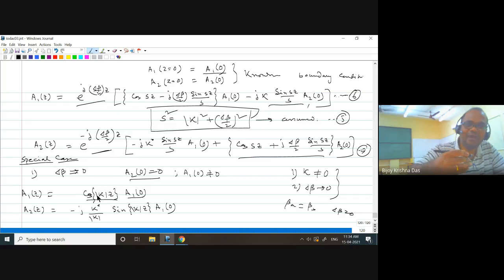Initially it was maximum, and slowly it will be going down to 0. That means power will be completely 0 at some point when kappa z equal to pi by 2. If kappa z equal to pi by 2, this value will become 0, which means in waveguide 1 your power has completely vanished. At the same time, what will you get? With kappa z equal to pi by 2, the complete power will transfer to mode 1, waveguide 2, with A10 and this value being 1, right?